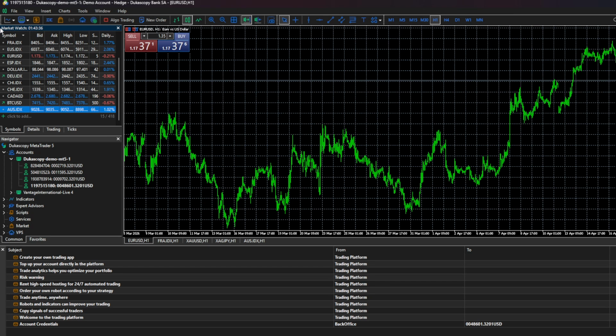From there, you can right-click on the symbol to open a new chart, place an order, or check its properties and trading conditions. That's all you need